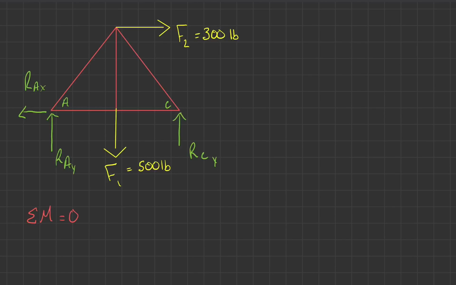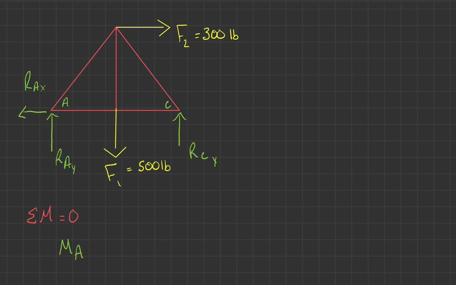Alright, so you can already see that I've got this first equilibrium equation written down. That is the sum of the moments about any point is going to be equal to 0. Remember that most of the time we're going to want to pick a joint or a pin joint. It's going to make our life as easy as possible. So if we're going through and solving this, if we add up all the moments, you would have the